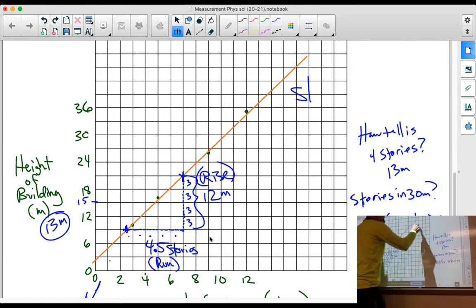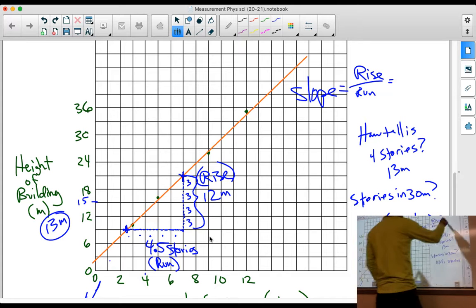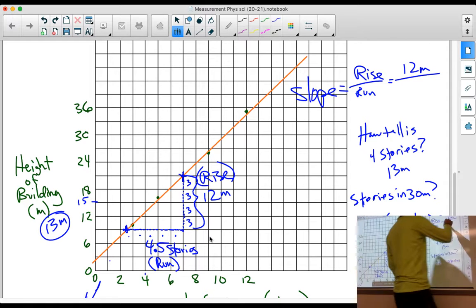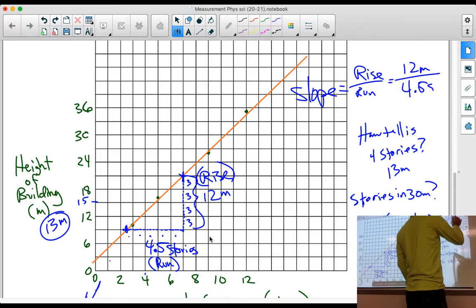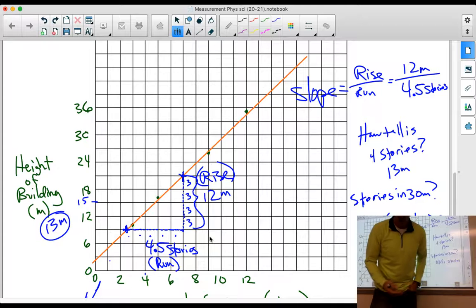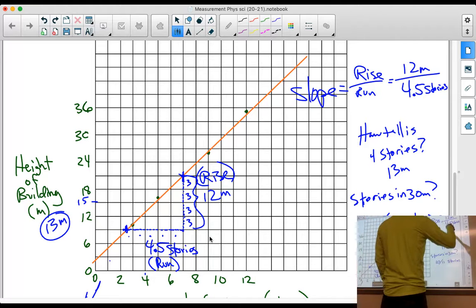Well, to find slope, you take the rise over the run, and that is 12 meters. My rise is 12 meters over my run of 4.5 stories. Okay, 4.5 stories. So when you divide those, let me grab a calculator here. 12 meters divided by 4.5 stories, 2.67. That divided, because that's what you do,